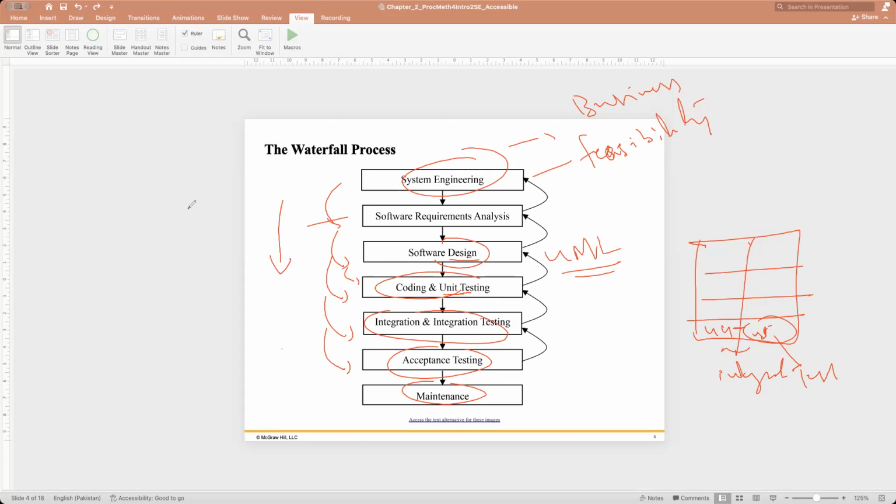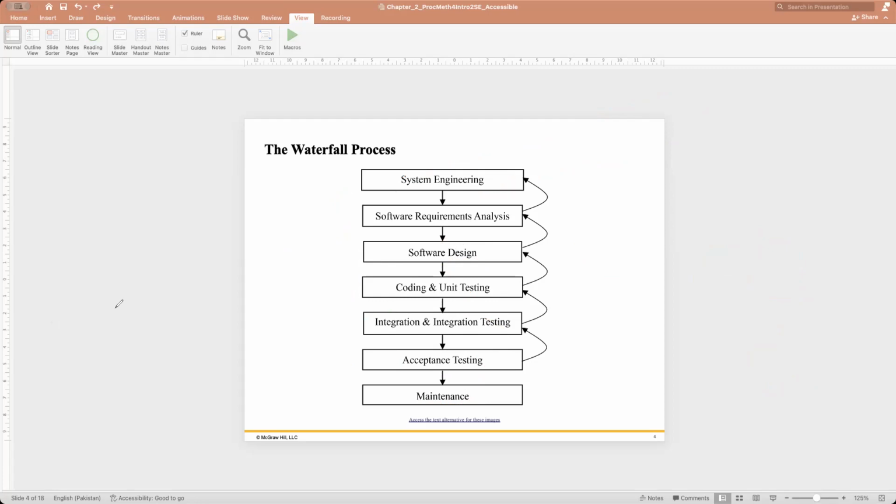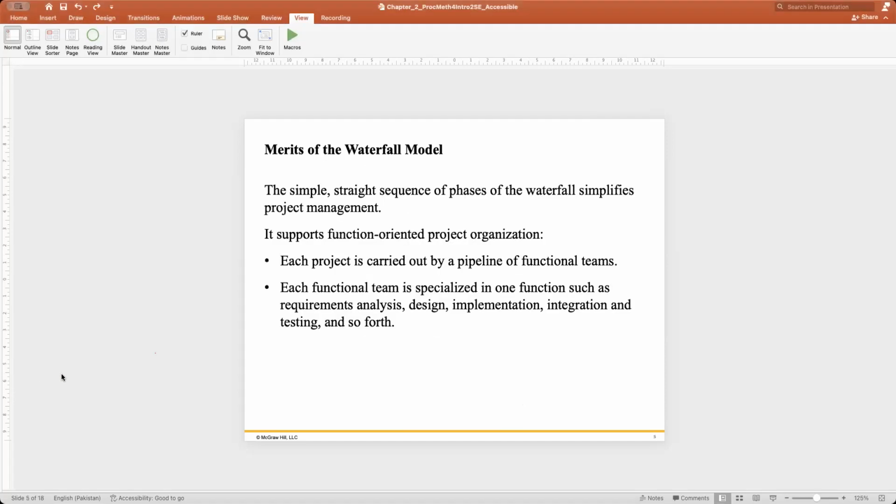The problem will definitely be related to the way it works, right? Because everything has merits and demerits, this is what we have already discussed. We are not just focusing on detail today. Let me quickly give you some merits.